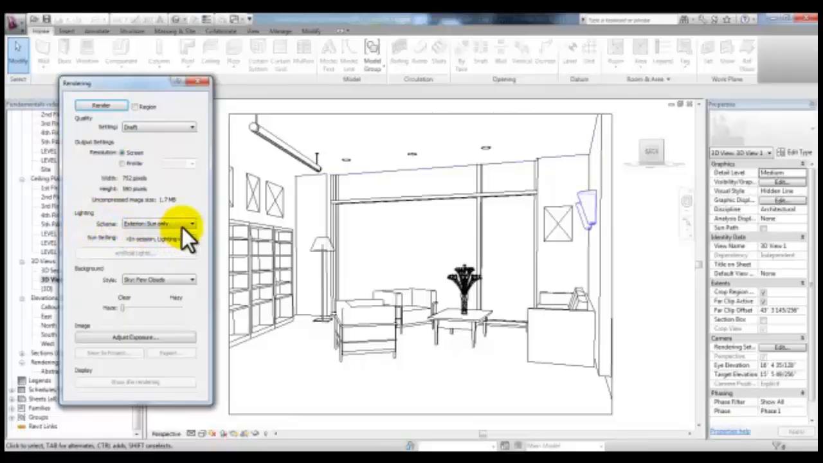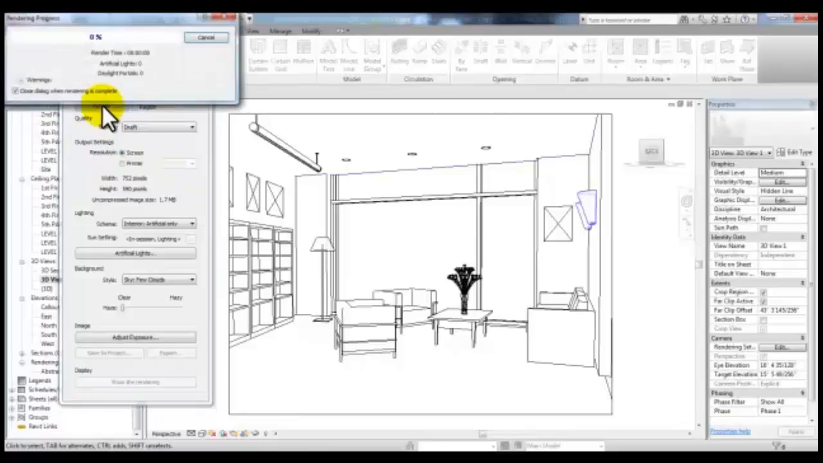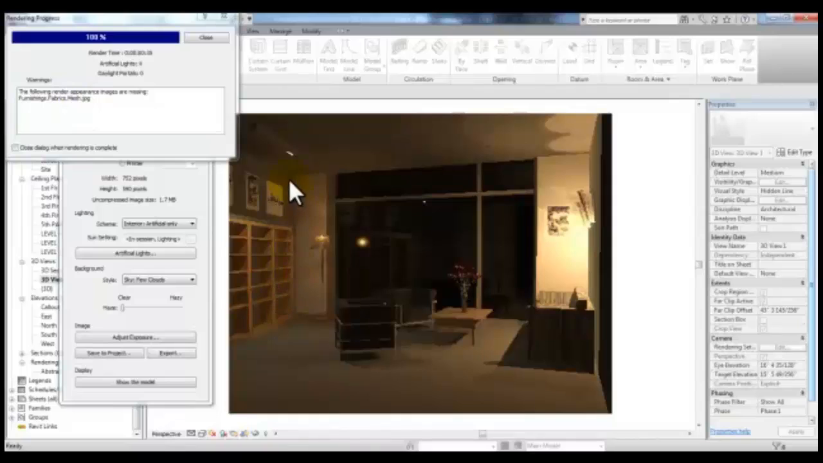Instead of using exterior sun only, the first rendering we'll look at is interior artificial only. We'll take a better look at the interior lights. Let's go ahead and pick render, and during the rendering I'll pause the video. We're using draft to create quick renderings that we can take a look at, but the final rendering would be